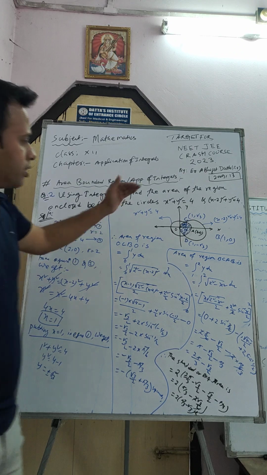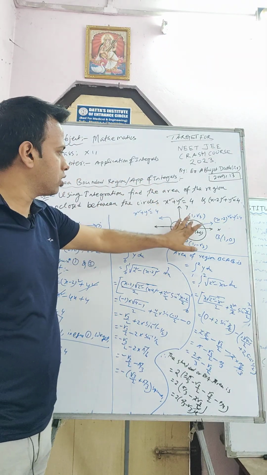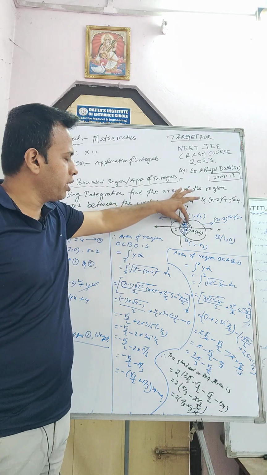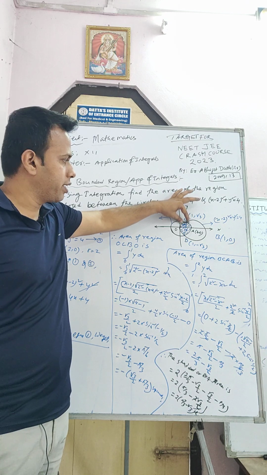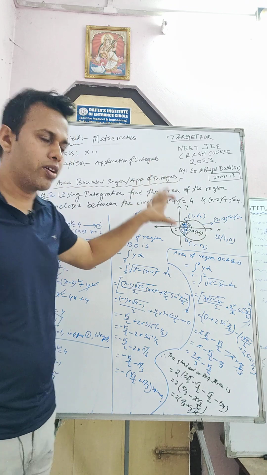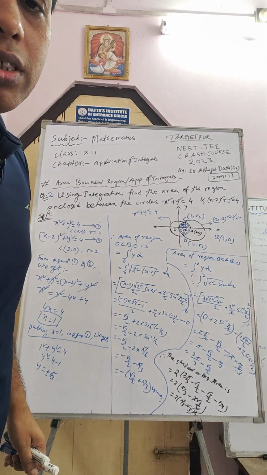Now we find the area separately. This part, the area of the region, this one, and the area of the region, this one. After that, I add these two, it will become this part, and if I multiply the area after adding by 2, then it will become the whole area. That is the required area of the question. Okay, I hope you got it.